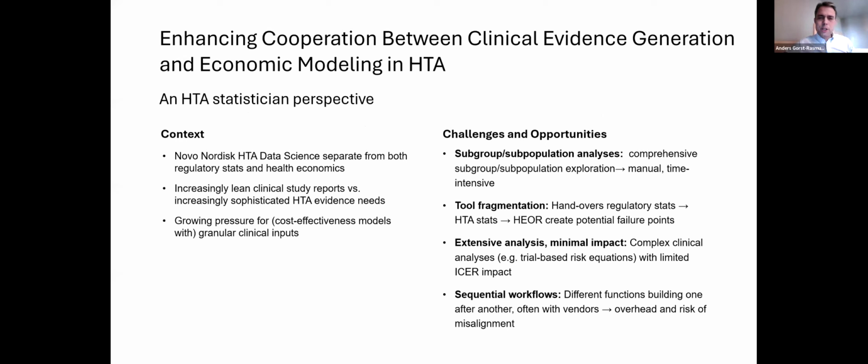So I framed this as an HTA statistician perspective, but as I was listening to Greg and Dom speak, I think it's actually more the perspective of an HTA statistician that is now heading up an HTA statistics function, because I think I'm approaching this more from an organizational perspective. And I'm going to lead with what may be an unpopular opinion in this forum: from my personal perspective, I don't really care whether it's R that will solve this or any other kind of platform. But I think right now, R is probably the best bet that we have in terms of addressing these workflow challenges that